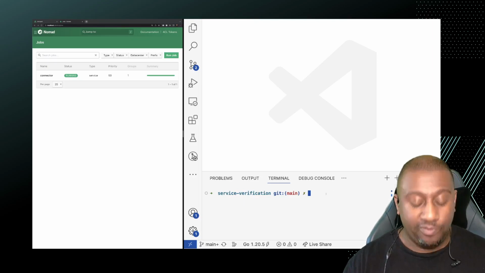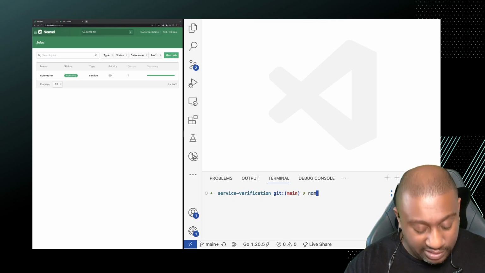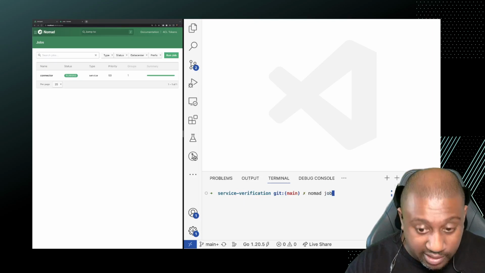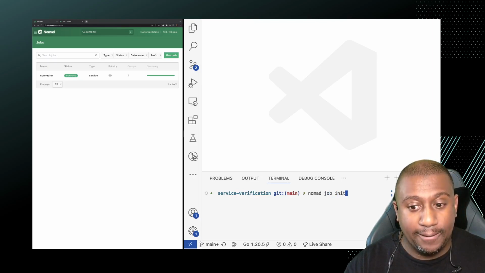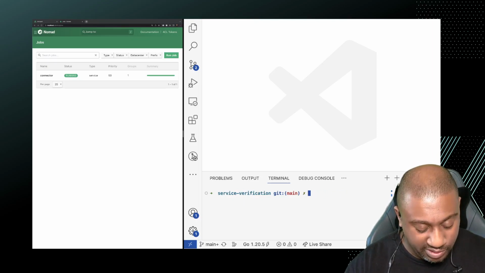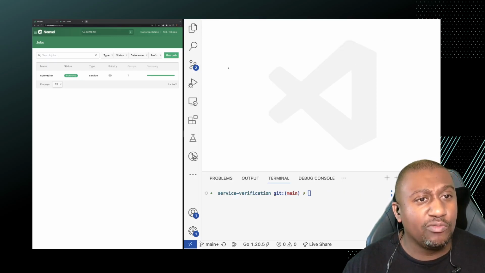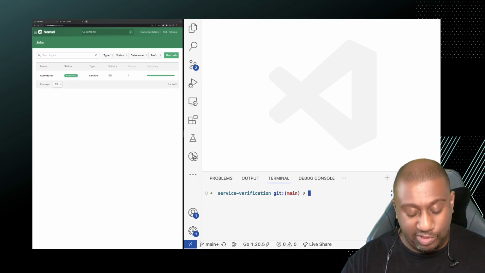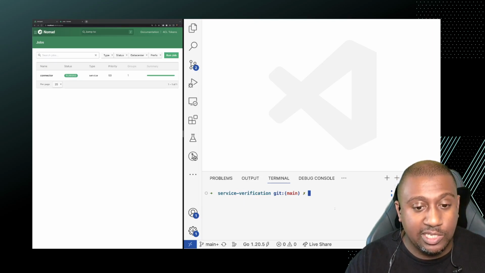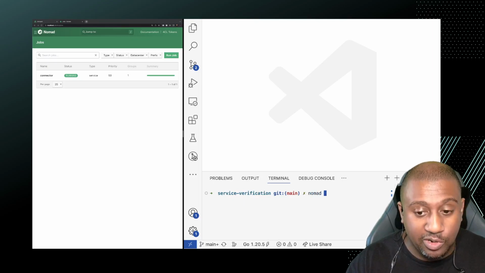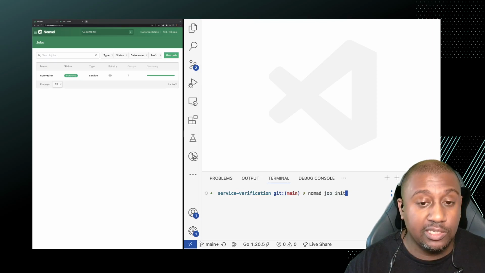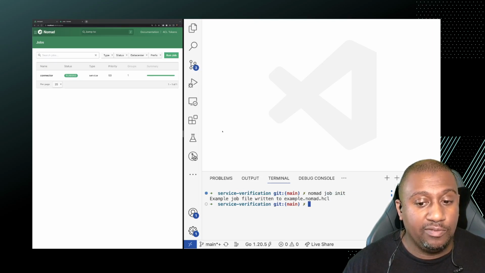Now, Nomad's got this really dope thing built into it, if I remember correctly. I think it's Nomad job init, but actually I don't want to run that. I was going to say I don't want it in this directory, but I think I do actually. I think I want it in the same directory as the Docker file. So we'll run it again. Nomad job init, and we'll just hit enter, and it's written a file called